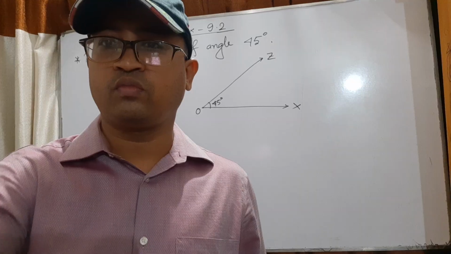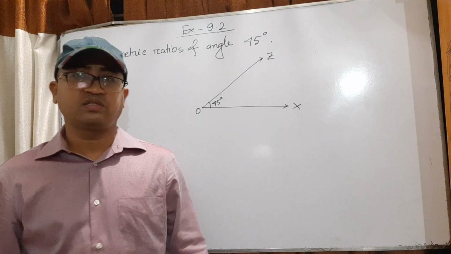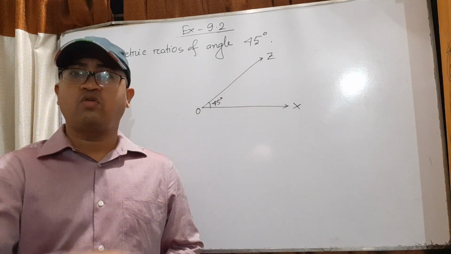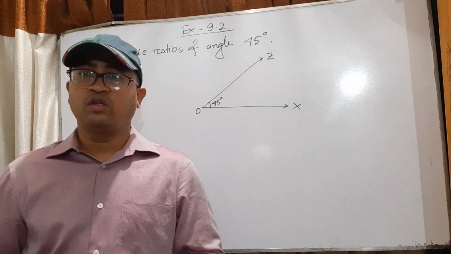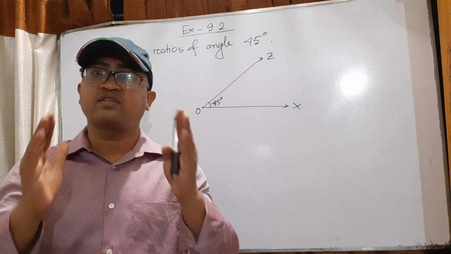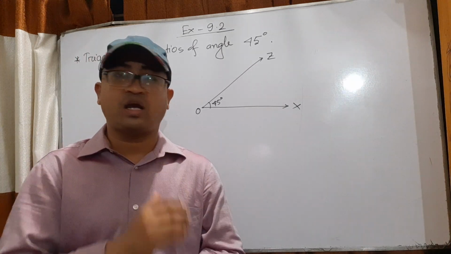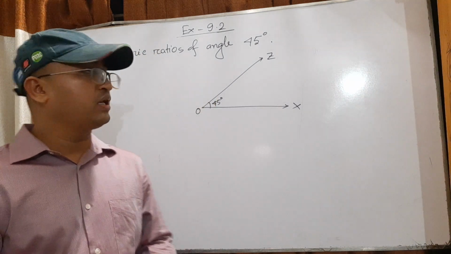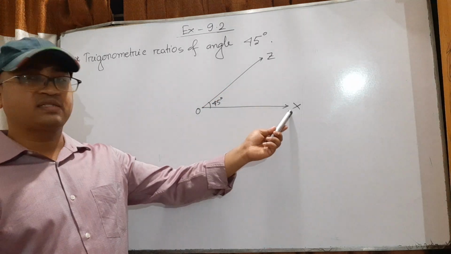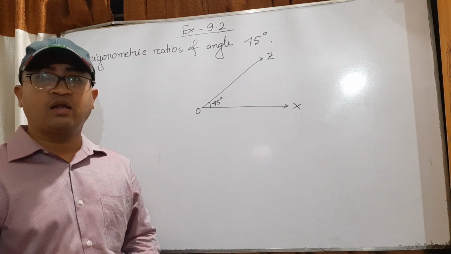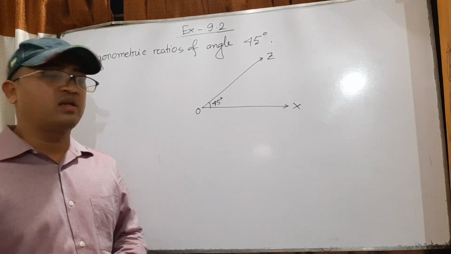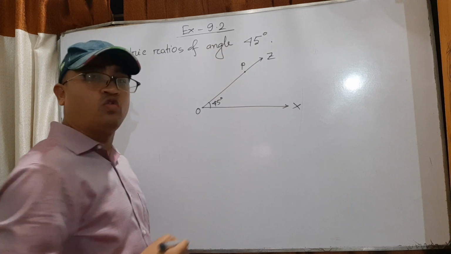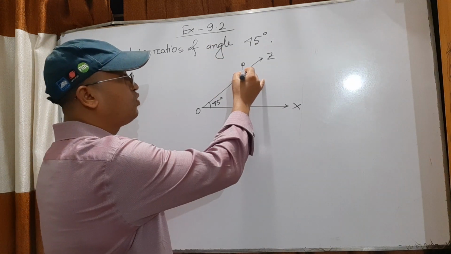Look at the board. Now I will discuss the trigonometric ratio of angle 45 degree. Just now I discussed the trigonometric ratios for 30 degree and 60 degree in the same triangle. Here I will show the trigonometric ratio of angle 45 degree. Say ZOX or XOZ is the angle of 45 degree. Similarly, here we also take a point P on OZ and draw a perpendicular PM